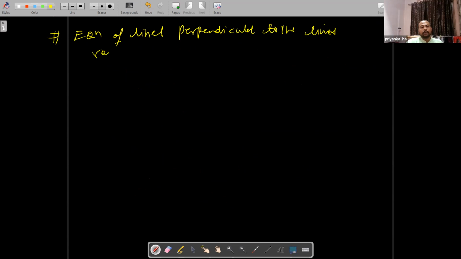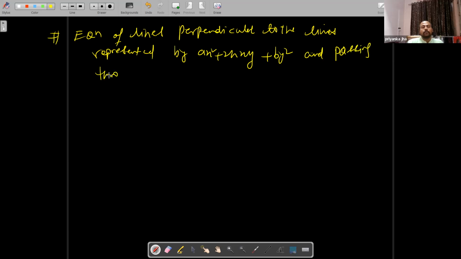Now, see, one more thing. Equation of lines perpendicular to the lines represented by ax square plus 2hxy plus by square and passing through origin. क्या मतलब हुआ इसका, देखो,